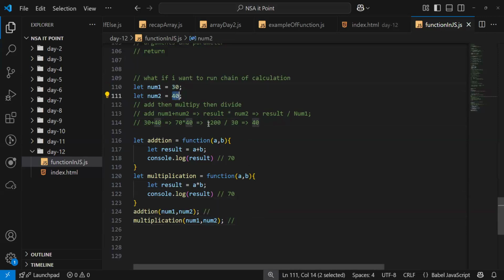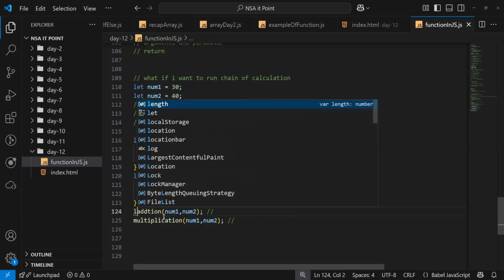But we want 2800, because we want the result multiplied by 40. We want this calculation's result multiplied by 40. Can you see? Now 1, 2, and then we got result, and result multiplied by, and then result divided by. Correct. So for this we have another function name.